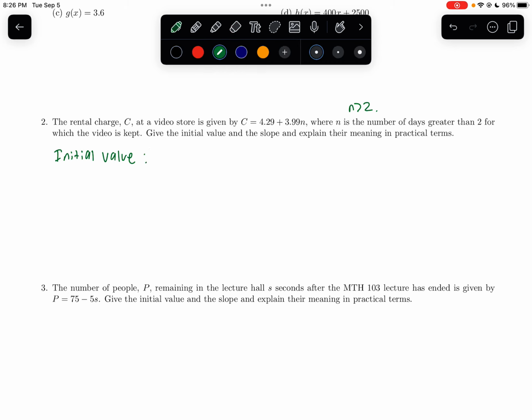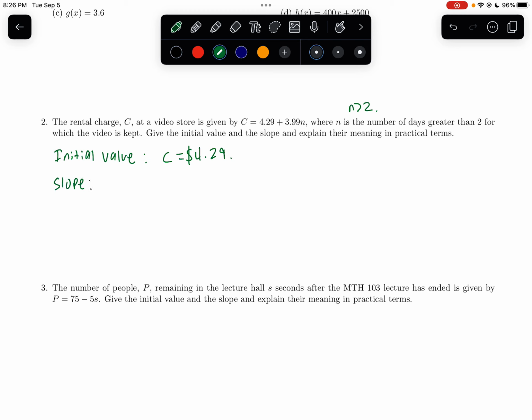nonetheless, that would be when we basically ignore the charge, ignore that piece, and so the charge would be $4.29. Basically, if you have it for the minimum number of days, which is 2, then that would be your total cost. The slope